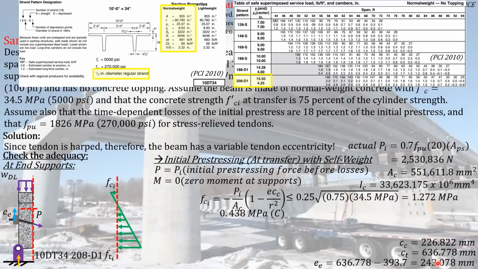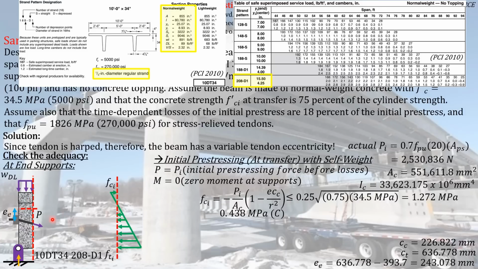So again, by just substituting all of the corresponding values here, you can see that the actual stress that will be experienced by the extreme pre-compressed fiber, which is supposedly a tensile stress, we computed as a compressive stress equal to 0.438 megapascal. So the actual stress acting at the extreme pre-compressed fiber, which is supposedly a tensile stress, is actually a compressive stress, which is again a good stress,